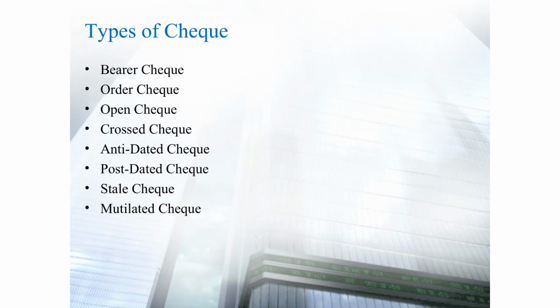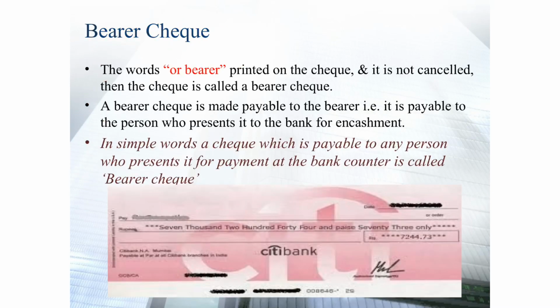Next, how many types of cheque are seen? First one is bearer cheque. Next, order cheque, open cheque, crossed cheque, antedated cheque, post-dated cheque, stale cheque, and multi-rated cheque. So in my next slide, you see